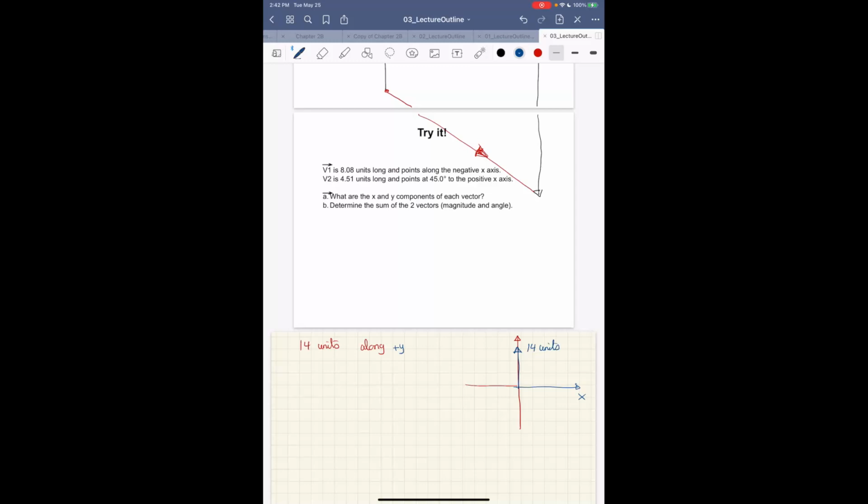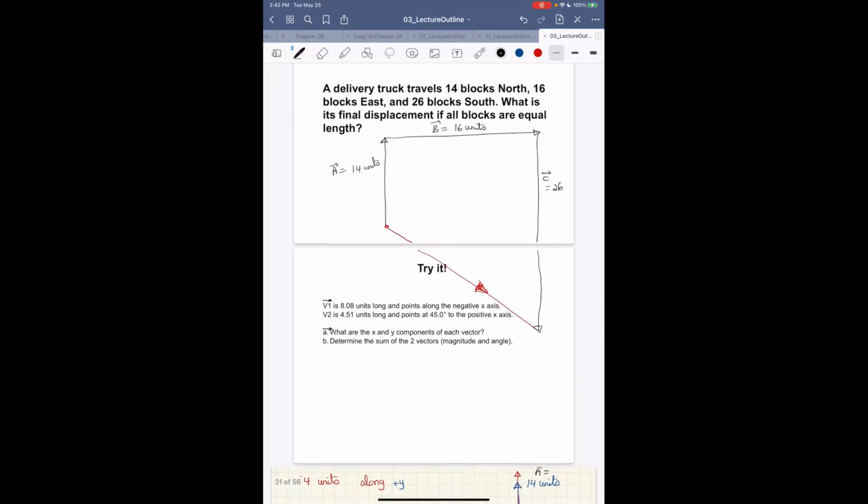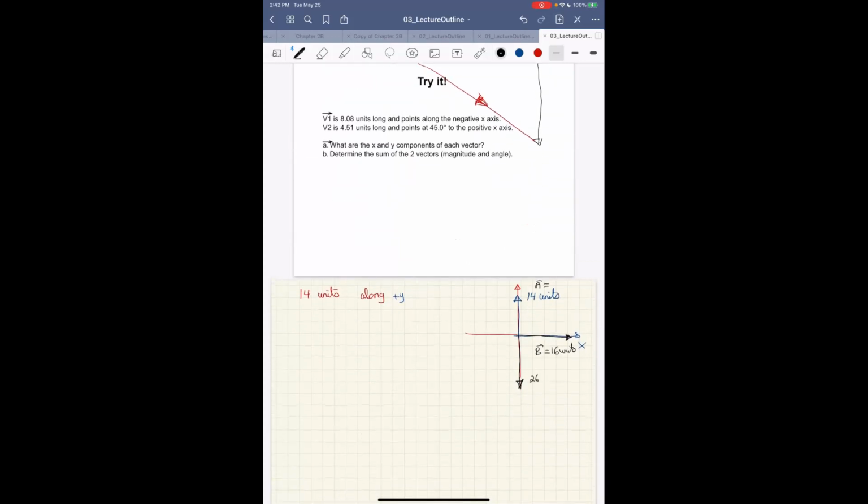Then this is really the 14. Now the second one is due east, which is B, this is A, this is B, 16. And finally, there is another one that is going to be south, 26. You can simply get rid of the 14 by saying along the Y. There are many methods of thinking of this problem. Along the Y axis, I can get rid of this 14 units